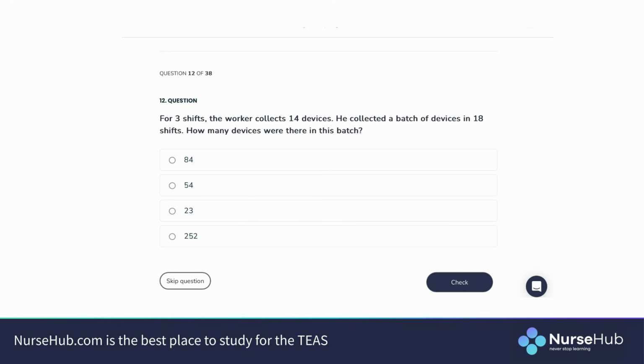Question number 12. For 3 shifts, the worker collects 14 devices. He collected a batch of devices in 18 shifts. How many devices were there in this batch? All right, again, we are given a full ratio in the beginning. We know it's 3 shifts for 14 devices. So I'm going to put that. That's 3 shifts for 14 devices is equal to, he collected a batch of devices in 18 shifts. So we're going to look for 18 shifts